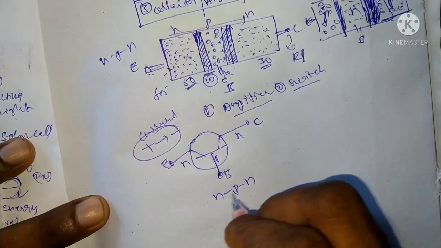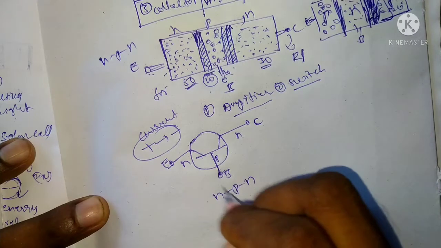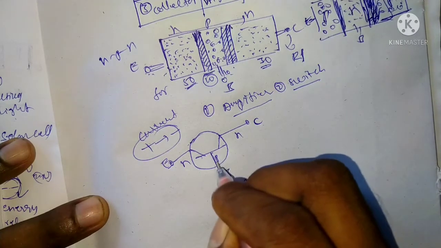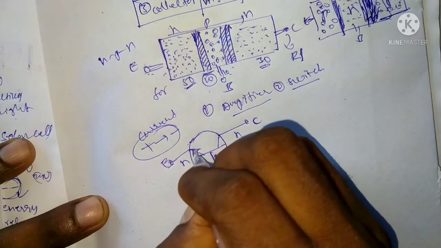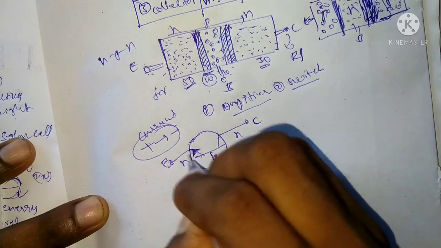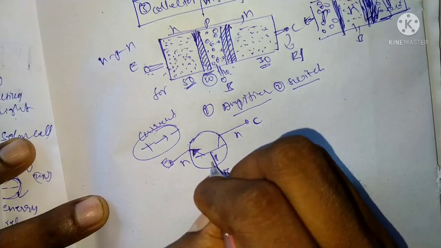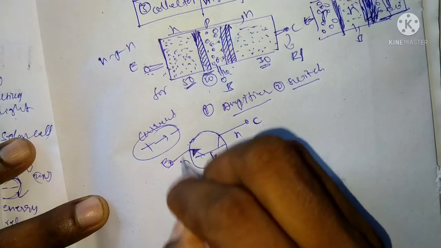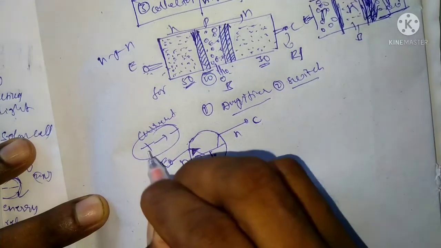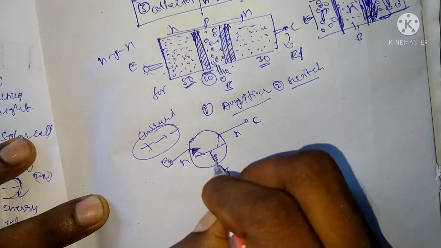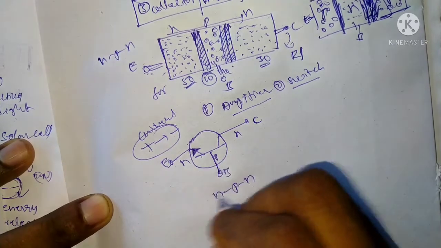In NPN, the charge carriers are electrons, which are negative. In N type, the charge carriers are electrons; in P type, the charge carriers are holes. Holes are the positive charge carriers. The electron flow and current flow: electron flow is from emitter to base, but current flow is in the opposite direction of the electron flow. That is P to N, while electron flow is negative to positive. P to N is the current direction in the NPN transistor.